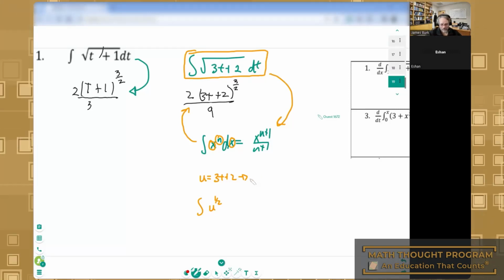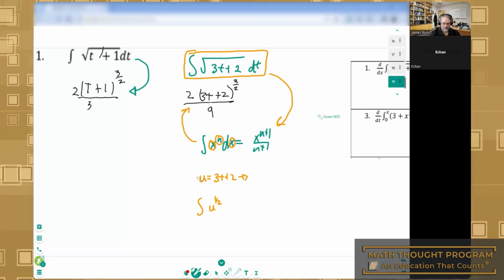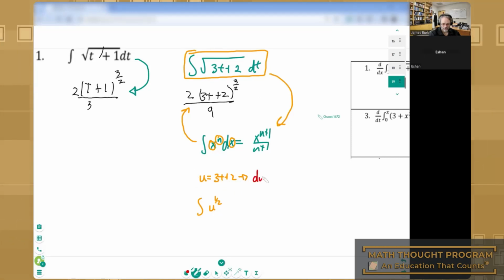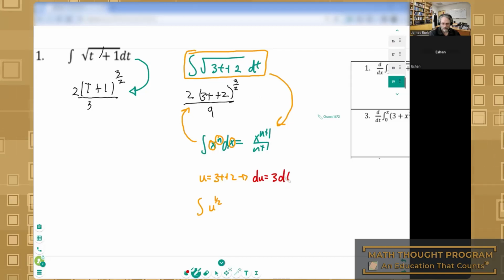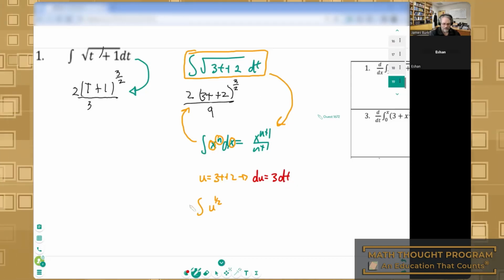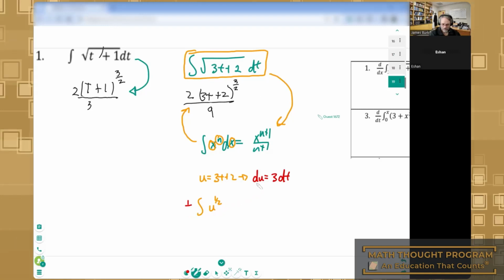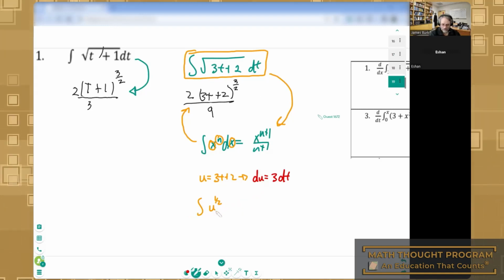There's a meaning behind it. So you would take the derivative of your function here, and we see that dt corresponds to a third of a du. So you solve for du or take it and plug it in. What you're going to get